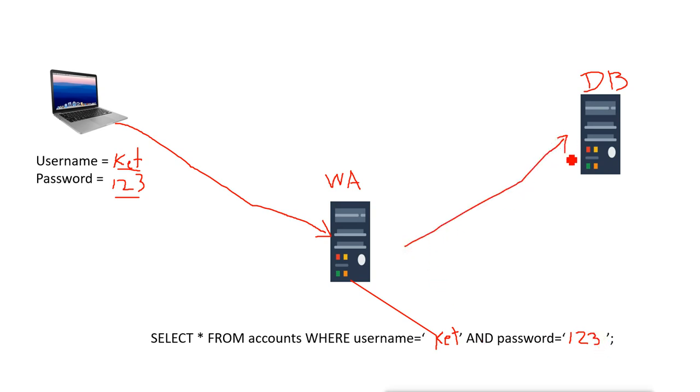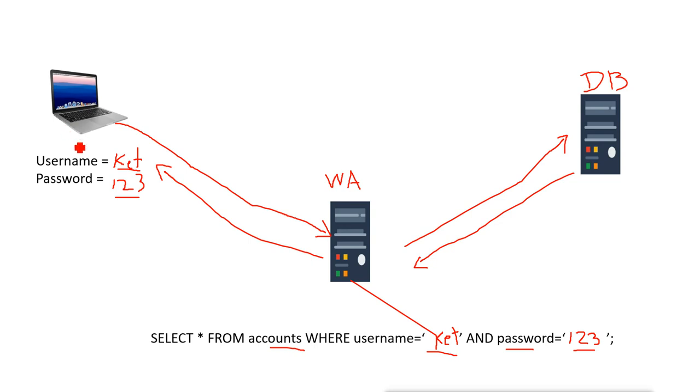Now the database server will check the query. It says okay, in the table if the username column has the username cat, and in the password column if the password is this, then you are allowed to log in. So it will say you are allowed, and the web application will authenticate this user, and the user will get access to the pages which this user wants to access.